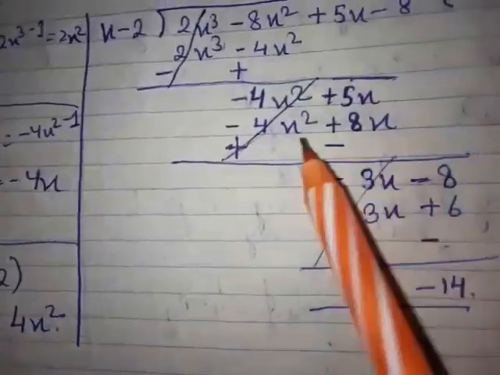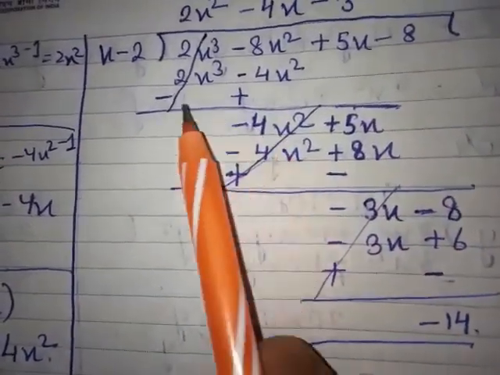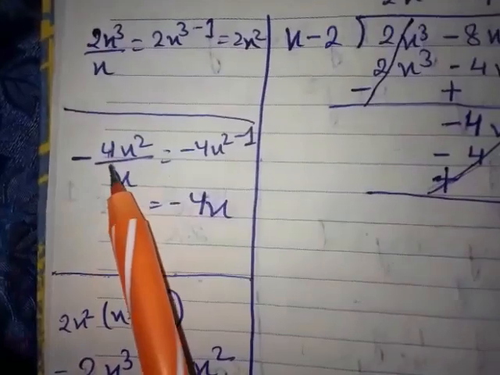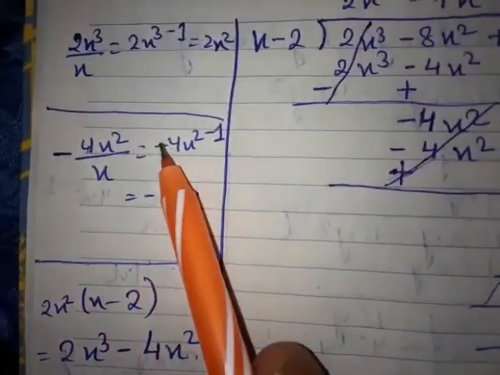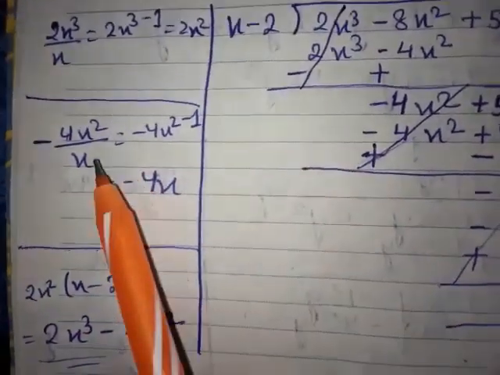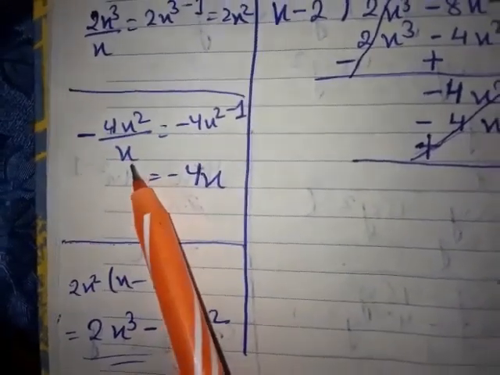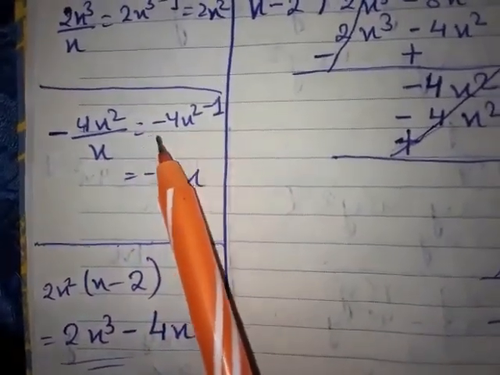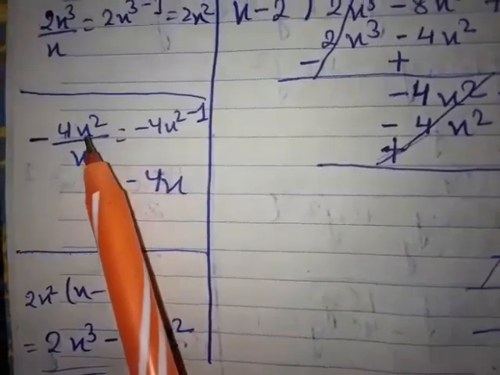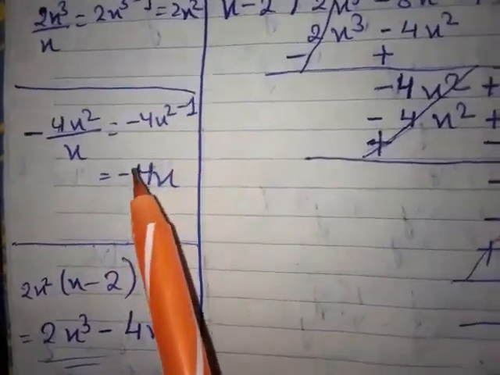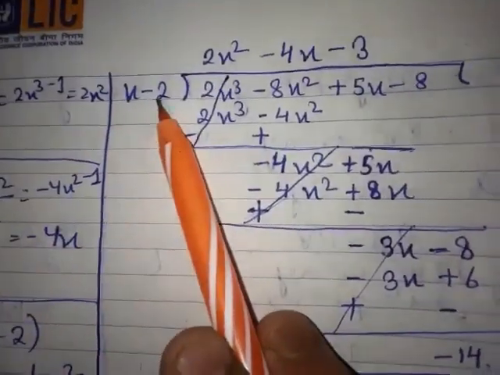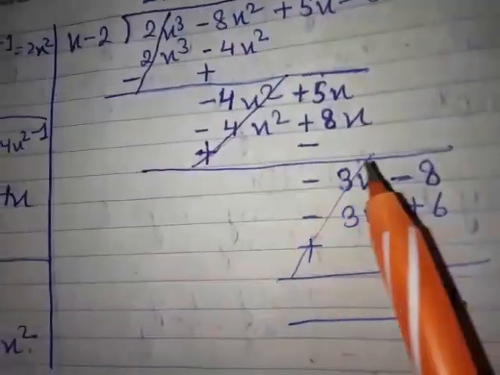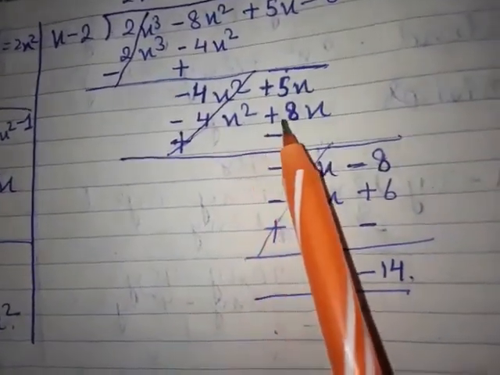In the same way here also, first term is minus 4x square. Here the first term is x. So minus 4x square by x gives, you all know, here you can see the alphabet here is x. Here also it is x. So same alphabet. So minus 4x, upper 1 power minus down 1 power. Upper 1 power was 2 minus 1 gives minus 4x. So multiply the whole thing by minus 4x. On multiplying we get minus 4x square plus 8x.